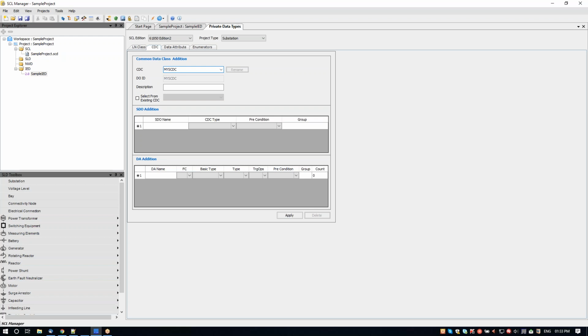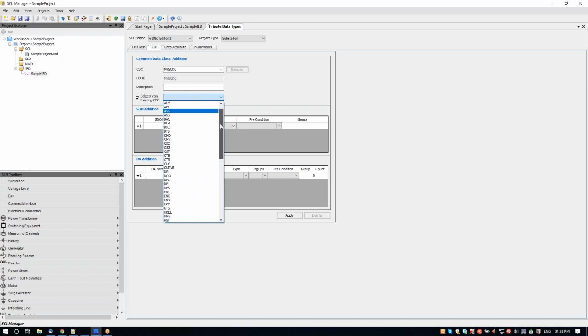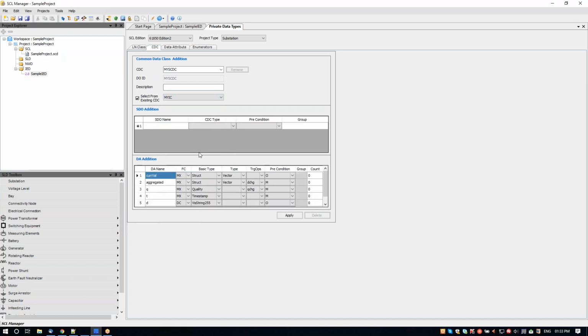I'll show you how to create a simple common data class. You may reuse already created data class if that matches your requirement,